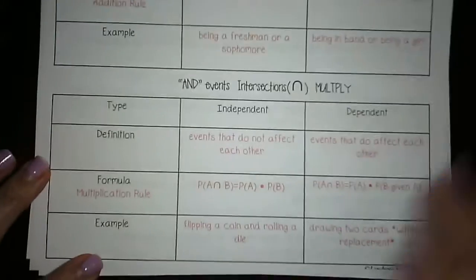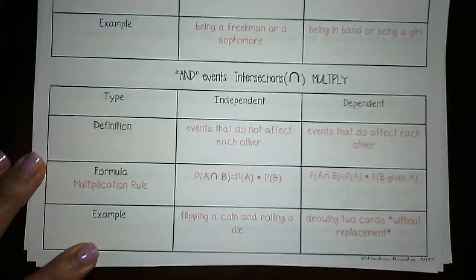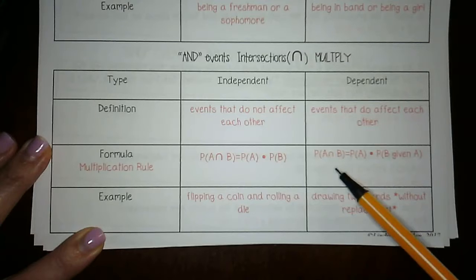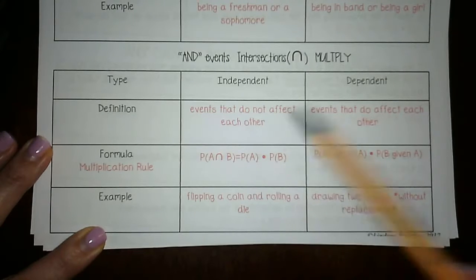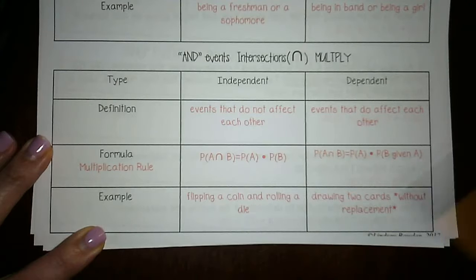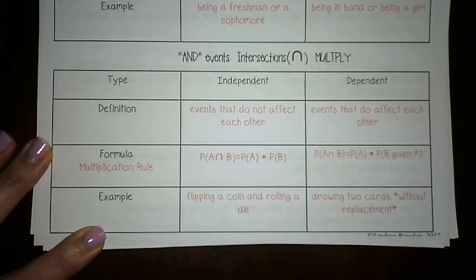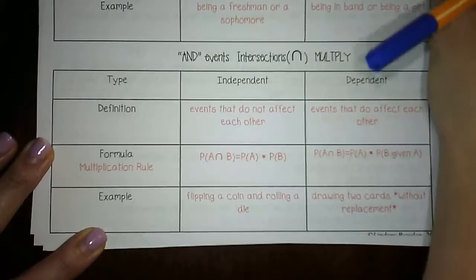And then if it's an intersection, "and," we have independent and dependent events. So here are your formulas. You just multiply them together, and that'll give you independent. If they're dependent, you're using conditional probability. Independent are events that do not affect each other. Dependent are events that affect one another. So if I flip a coin and roll a die, they don't affect one another. If I draw a card and don't replace it, instead of 52 cards, I now only have 51. So it's going to affect my probability. So again, you can pause these and copy them. And now,